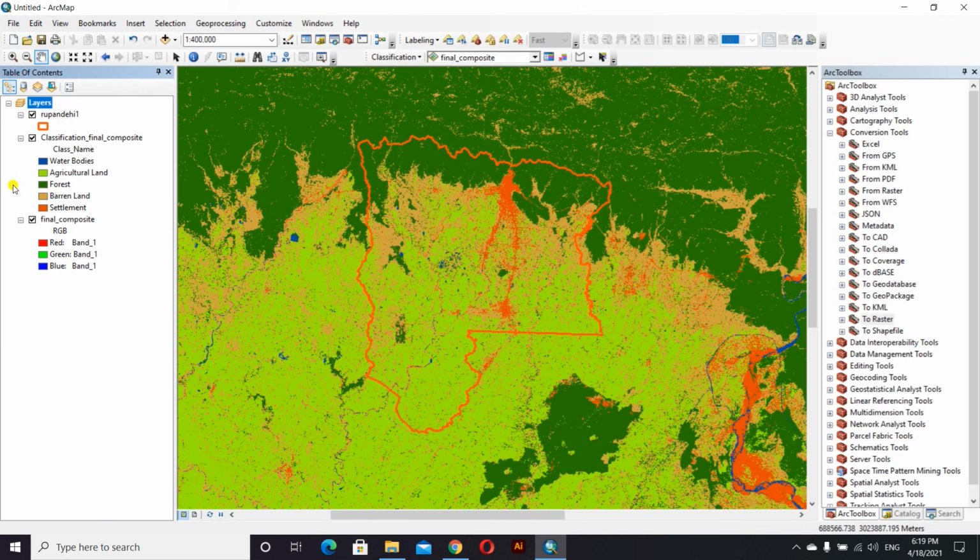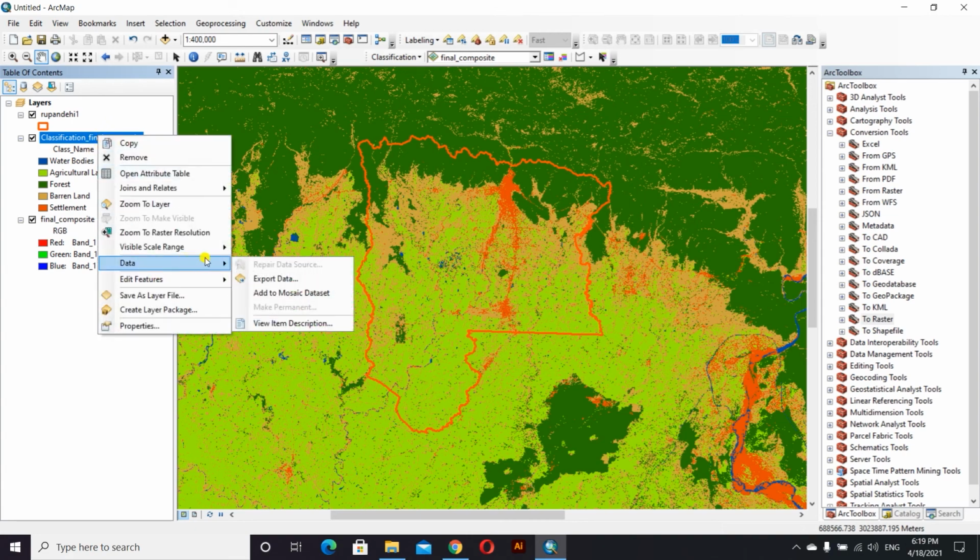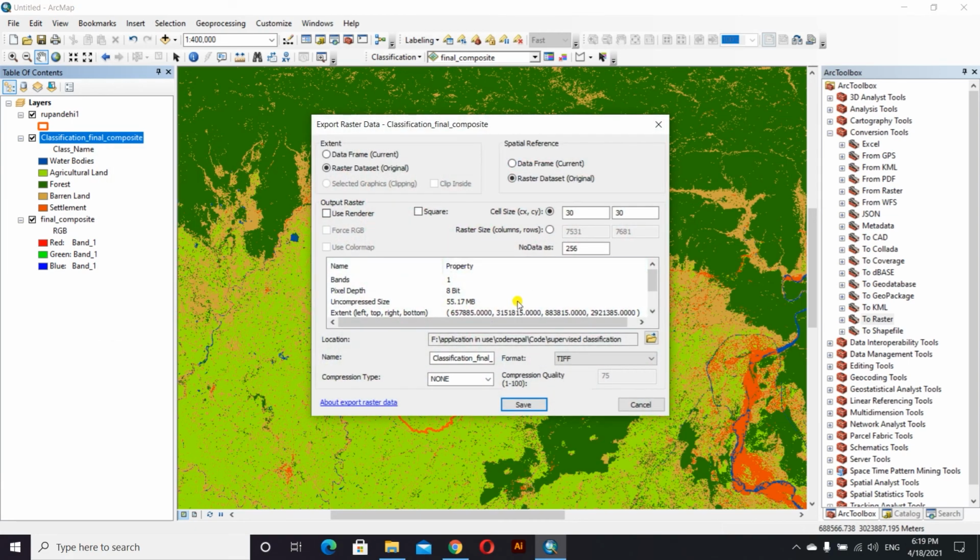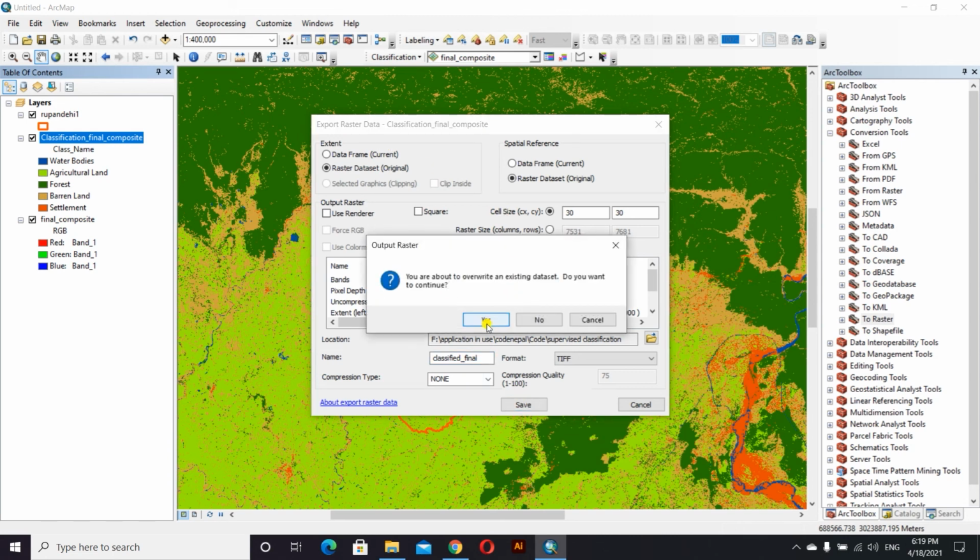So we'll go to our image which is classified. Go to data export, and in export we'll go to the folder where we have saved our previous data, and we'll name it classified final, and save that.